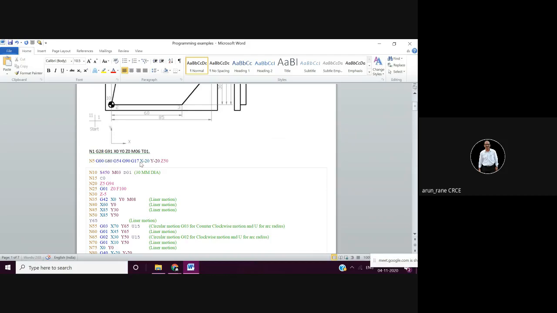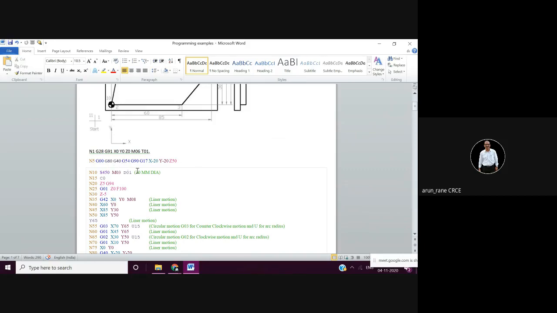Then you also say G40, the offset cancellation, and then G90. This is important. In the first block, always say G80, the canned cycle cancellation if it is active, then G40, the offset cancellation, and G90.